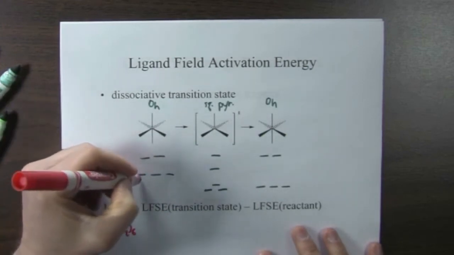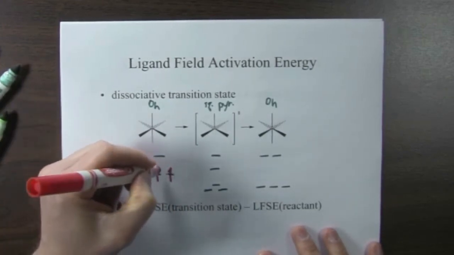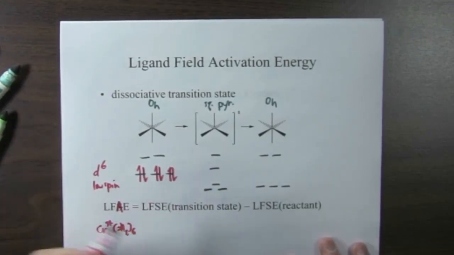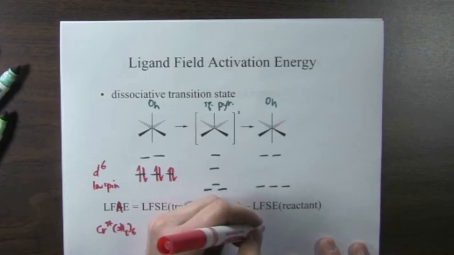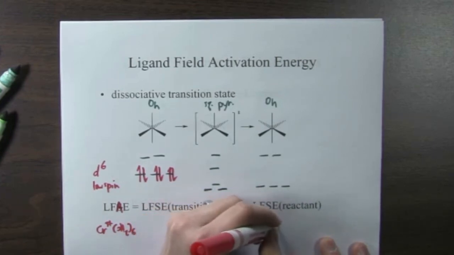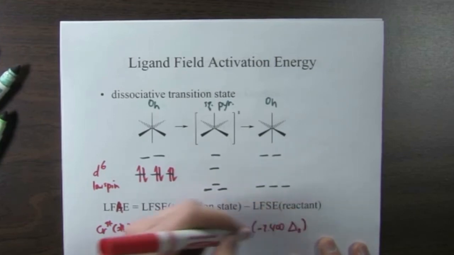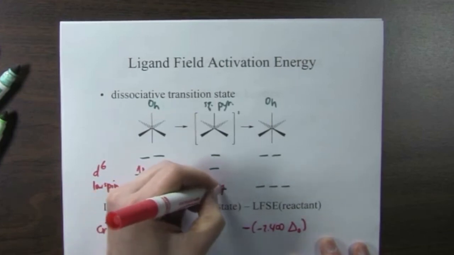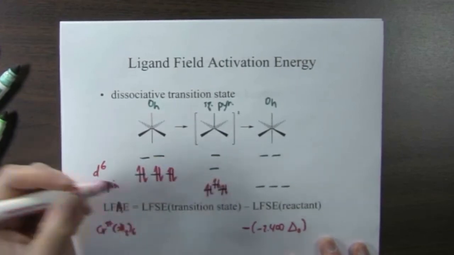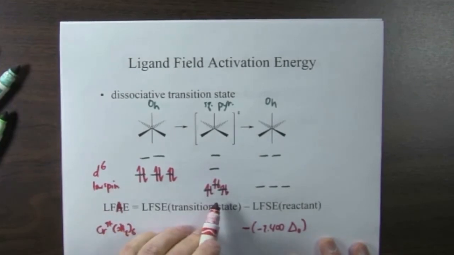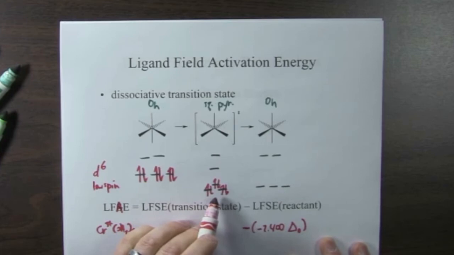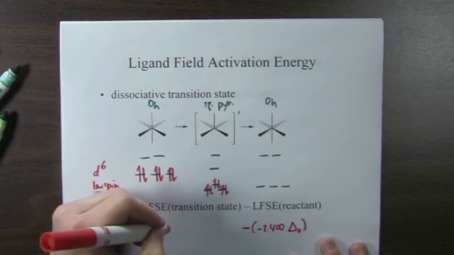And so we put in our electrons, 1, 2, 3, 4, 5, 6. So the ligand field stabilization energy of the reactant we can calculate is negative 2.4 delta octahedral. And the transition state, we have 1, 2, 3, 4, 5, 6 electrons. Again, in the low spin, the low orbitals are filled. So you can calculate the ligand field stabilization energy for that as negative